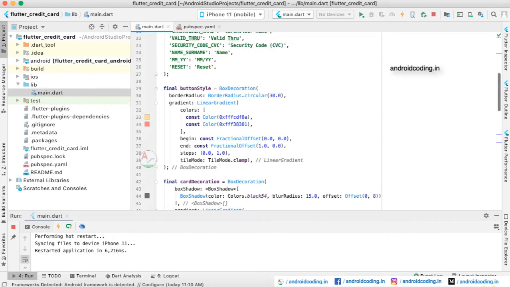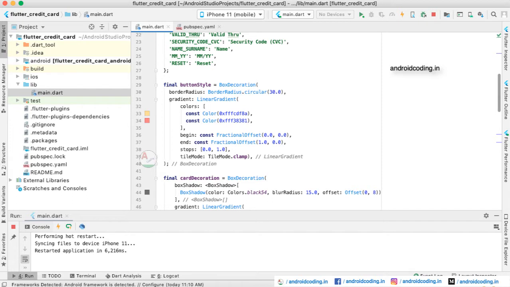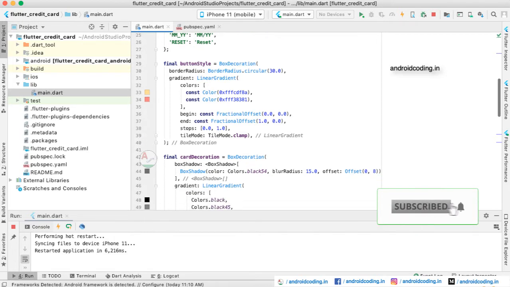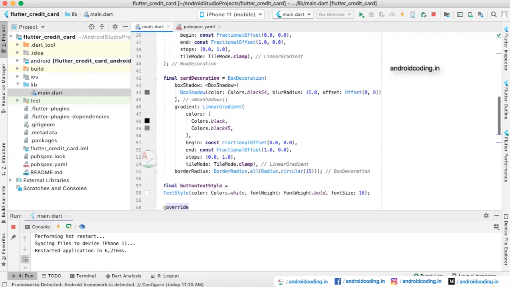So below it, we have used a button to make the transition in our app, like moving forward or backward in providing the user card details. So this is the design aspect for the button. Here we have provided gradient colors, and we have also provided a border radius for the buttons, and you may use your own buttons or any other widget for making these transitions from one screen to another. So here comes our card decoration.